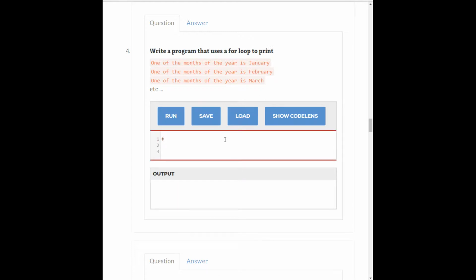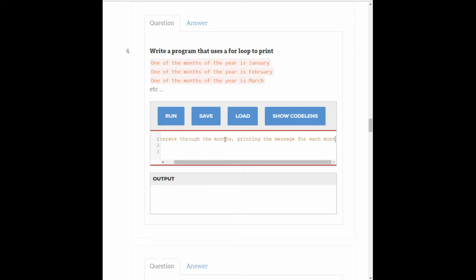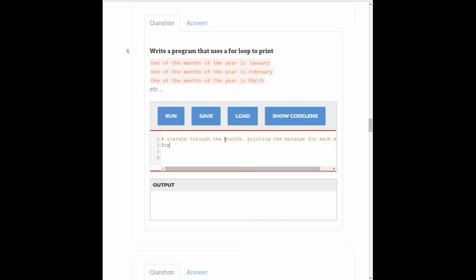So I know that I'm going to want to iterate through the months, printing the message for each. Right? I know that's what I need to do. And so I'm going to go ahead and just do that. I'm going to write that for statement right now. I'm going to say for month in months,